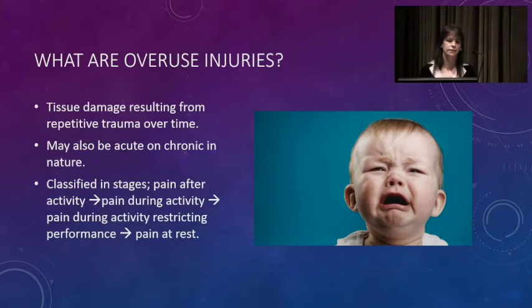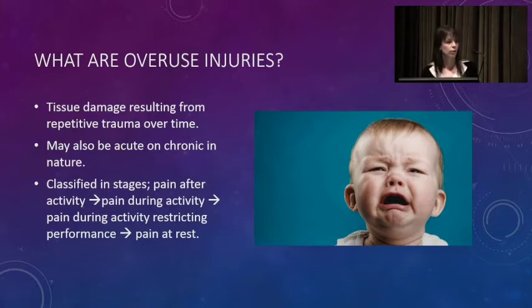So basically, I'm tasked with discussing overuse injuries. Overuse injuries in a general sense are tissue damage from repetitive or the same activity over time. It can present after playing through pain and gradually getting worse and worse. And sometimes it can be acute on chronic, where they've had pain for a while, and then they acutely have an increase in pain, really preventing them from participating in activity.